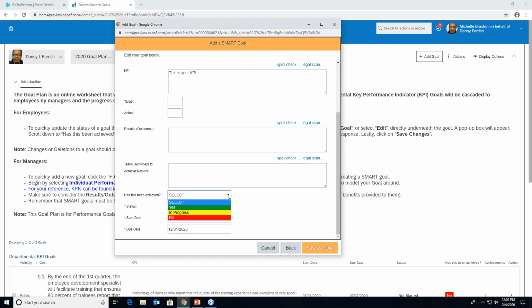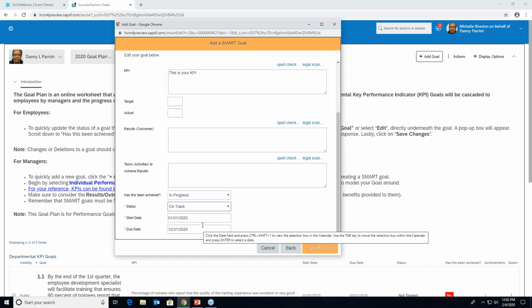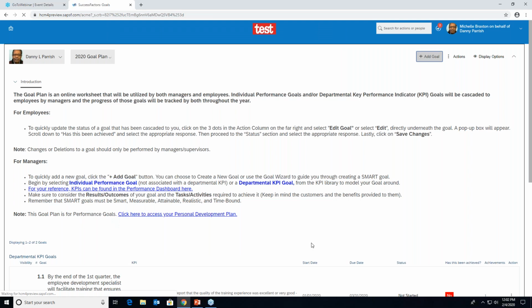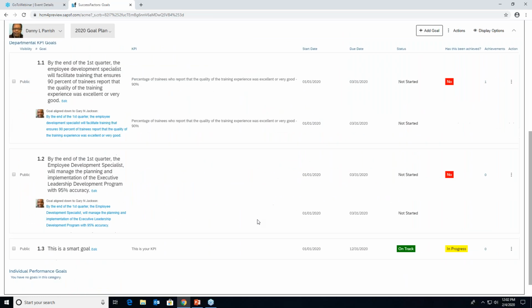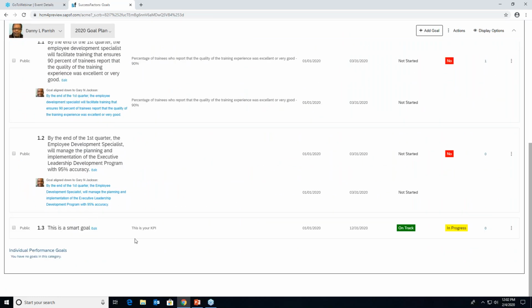Has this been achieved? Then you can say in progress or no. And if there's any information that you wanted to change, you can do that there as well. And you would just click save and close, and then that information appears below.